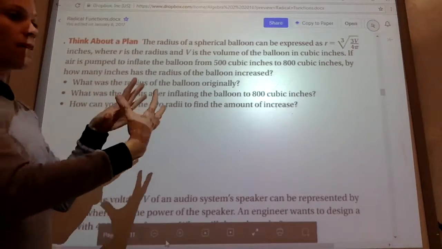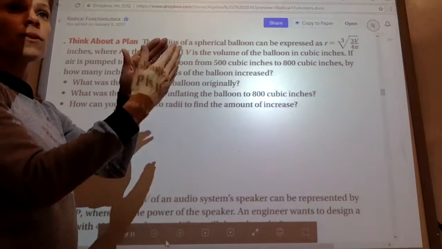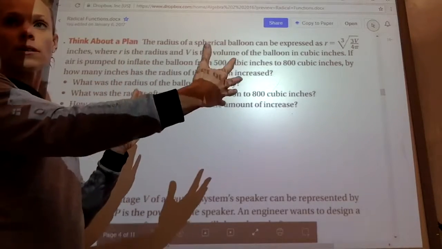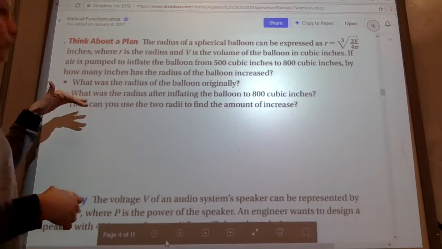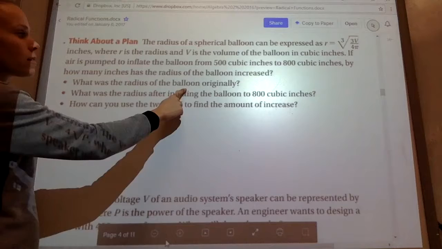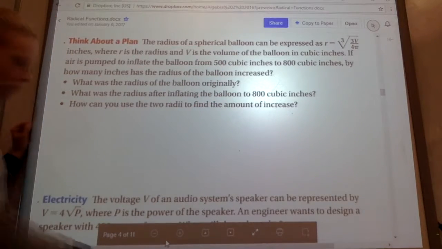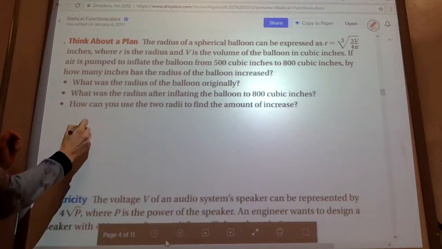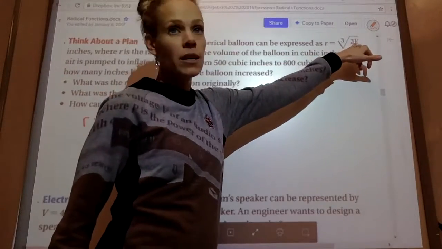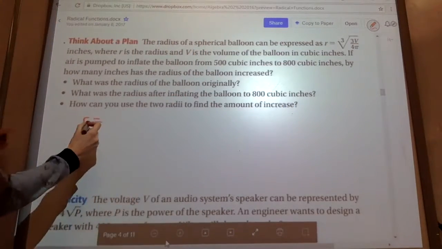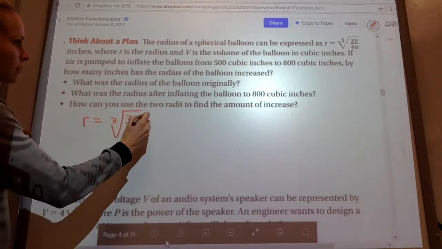How many inches does the radius increase? So if I go from 500 to 800 cubic, right, the volume, how much does the radius increase by? From what to what? Okay. So first thing, these bullets kind of walk through what you need to do. The first thing I need to do is find the radius of the balloon originally, so when it was 500 cubic inches. So let's look. For 500, I have my formula, right? And I'm going to put 500 in for V, because that's my volume. So R would equal cube root of 3 times 500